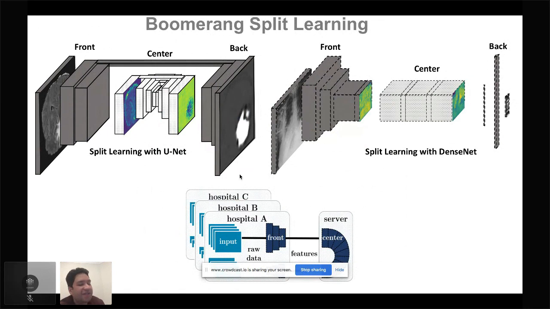Most often they are the diagnosis of what the patient suffers or does not suffer from, which is also extremely private and protected by law. So we don't want to share the raw data in terms of features, but we also don't want to share the raw labels. So there's a Boomerang style split learning where the beginning and end layers are with the hospital, the front and back, but the intermediate layers are with the server. So you basically have two splits, front and back, in here.